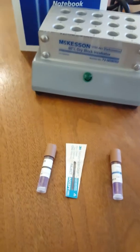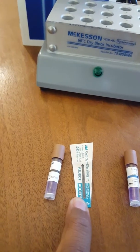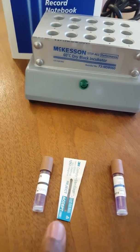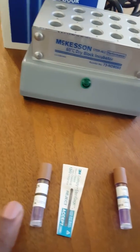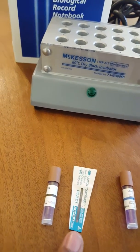Once the cycle is completed in the autoclave, what you're going to notice is, as before, the Class 5 integrator is going to change colors. So this one does show that the time, the temperature, and the steam worked adequately within the autoclave. The other thing that we're going to look for is there was a blue strip, just like here. On this one, it changed colors also to confirm the same thing as far as the time, steam, and the